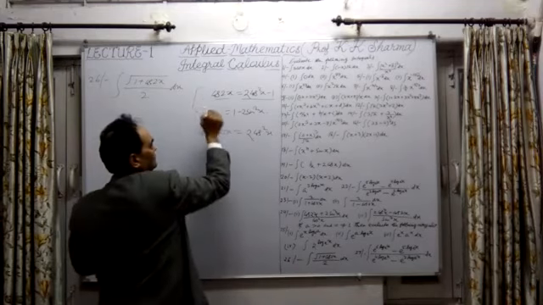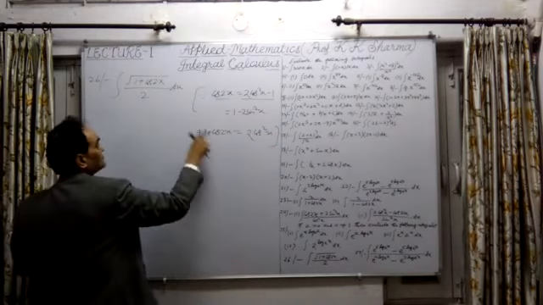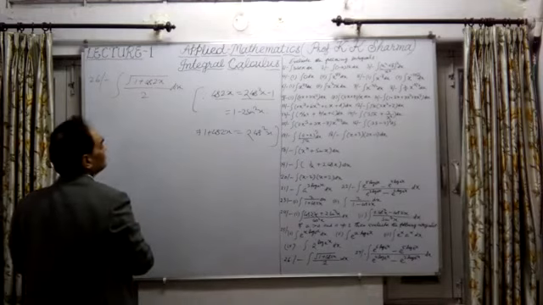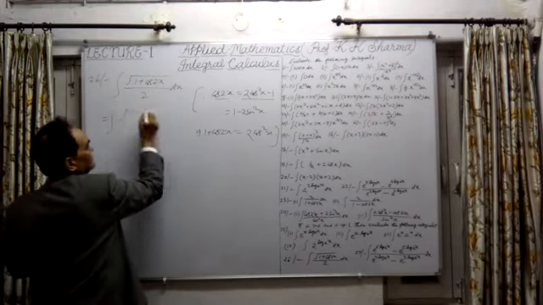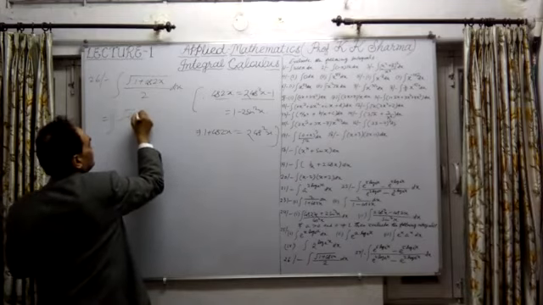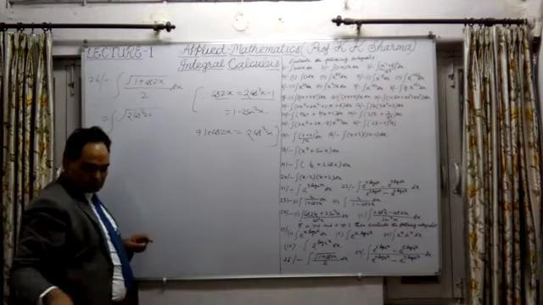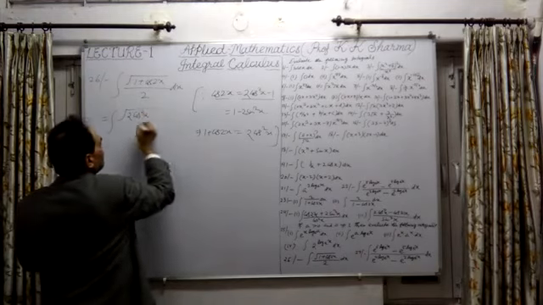Since we know this, in place of 1 plus cos 2x we can write 2 cos square x here. Therefore, this is equal to, within the bracket, 2 into cos square x only, divided by 2,